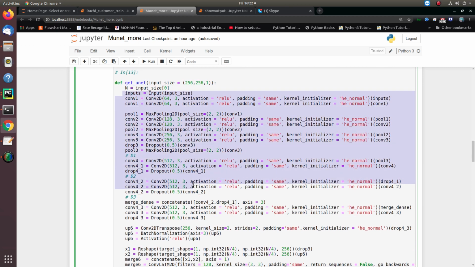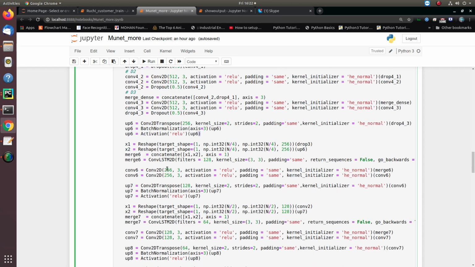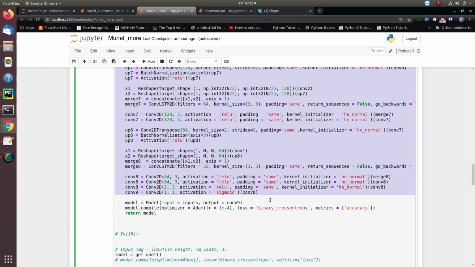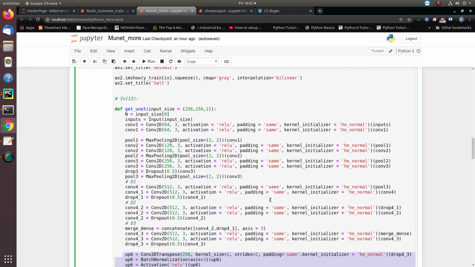First we need to encode the image into an n-dimensional breakdown, and thereafter we start upsampling from those breakdowns and create an output map of the mask. So it's a really simple process. Let me explain the basics of how the model works. It starts with a first two-dimensional convolutional filter. The number of filters I'm using here is 64. Activation is ReLU. Padding is same, meaning the input and output will be the same size.